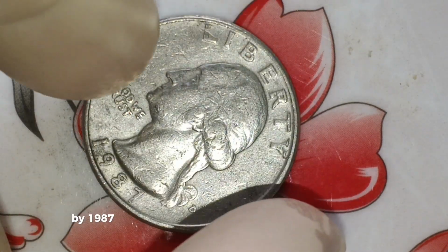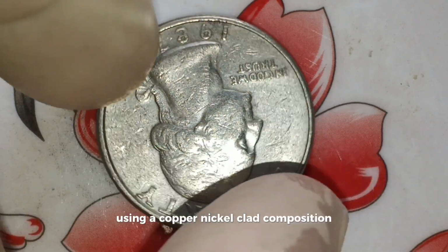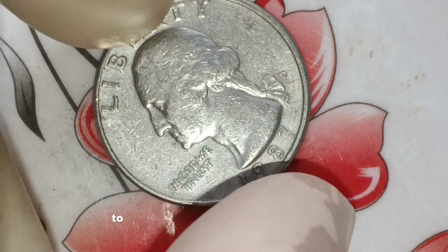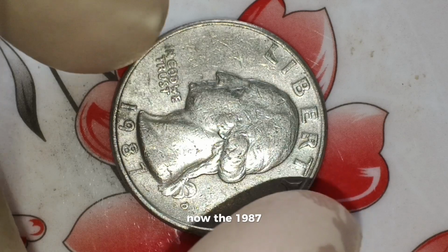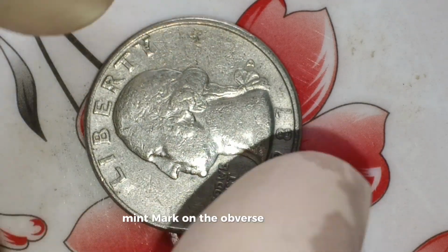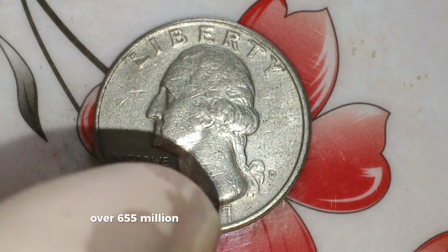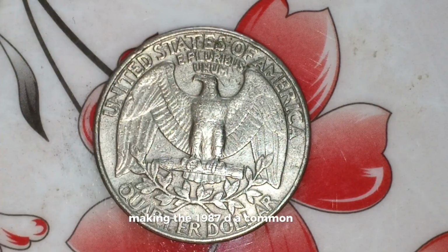By 1987, the Washington quarter was still being minted using a copper-nickel-clad composition, a change that had taken place back in 1965 to replace the original 90% silver version. Now, the 1987 D Washington quarter was struck at the Denver Mint, as indicated by the small D mint mark on the obverse of the coin. That year, over 655 million quarters were minted in Denver, making the 1987 D a common coin,